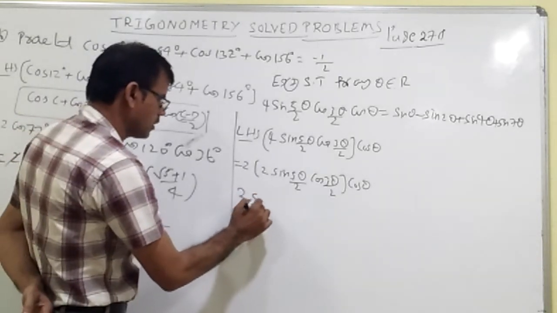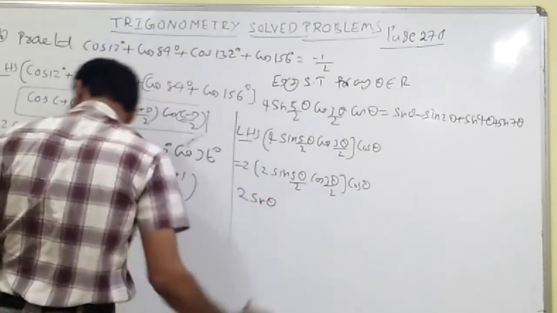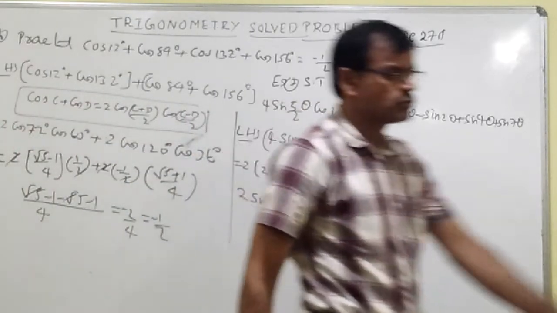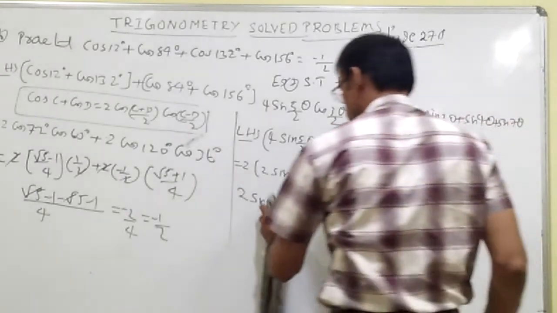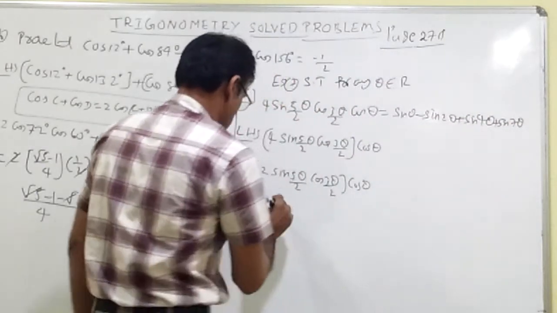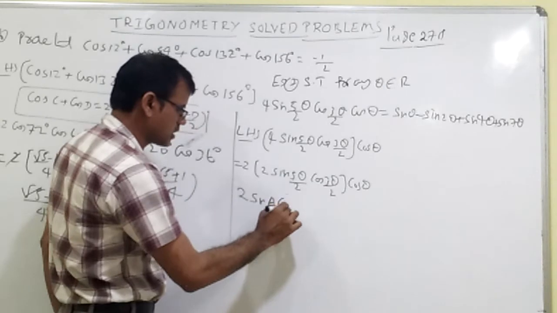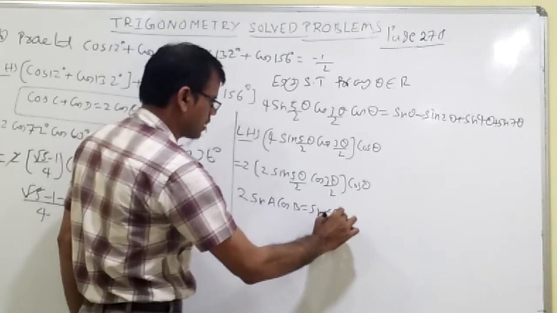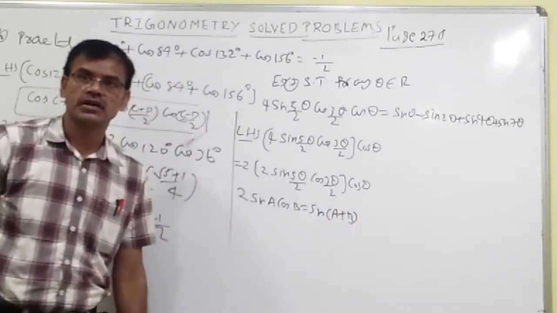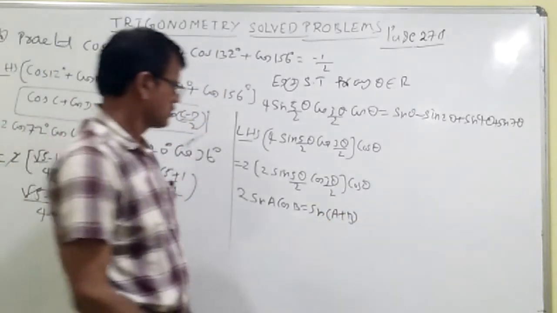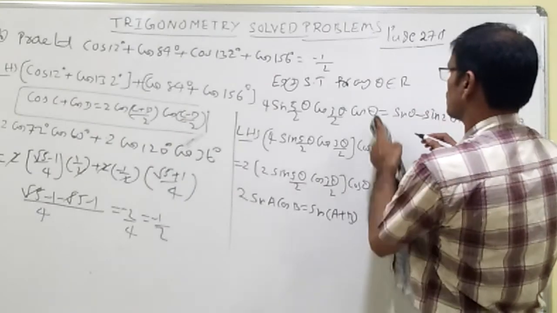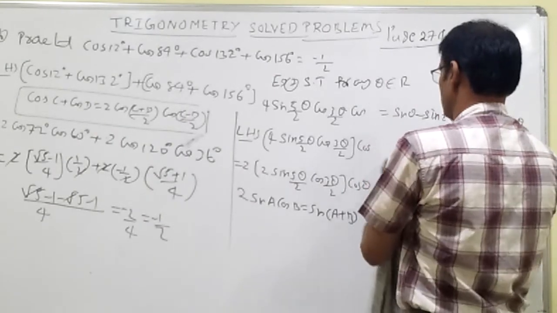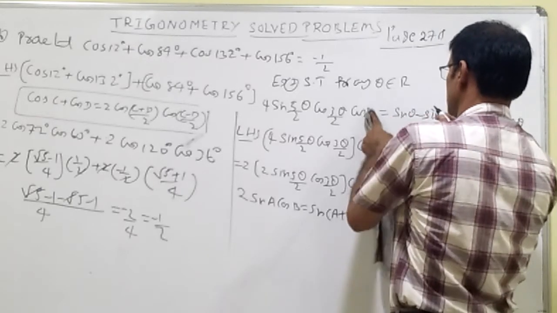Apply the formula. You should remember the formula here, 2 sin A cos B. This is of the form 2 sin A cos B. In the transformations topic, the first formula I said is that 2 sin A cos B is...